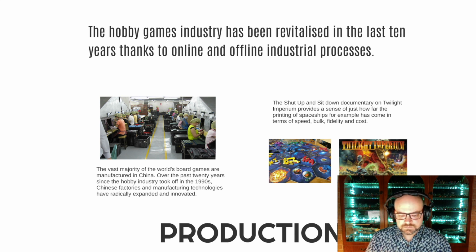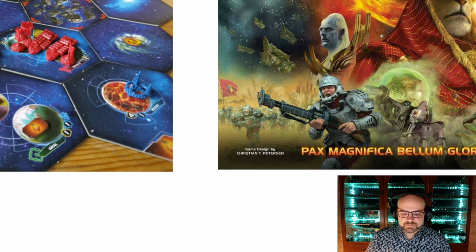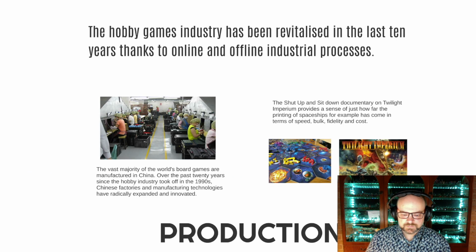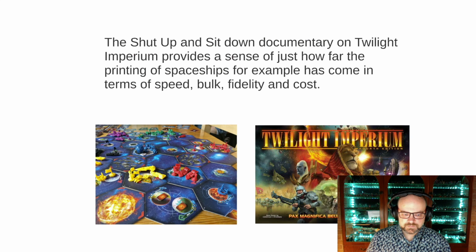There's a maxim about swords, which is if we'd never invented guns, we'd still be making new swords. This is true for almost every kind of ongoing productive effort. The technology for printing and production of components of games imposes a real limitation on what games can even get made. To jump ahead to the next slide, the Shut Up and Sit Down documentary Space Lion about the production of Twilight Imperium 3rd edition makes an explicit point about how one of the elements of their restraint was having to talk to the printer, who could say to them, no, we literally don't have a machine big enough to print a box of that size, so that is your hard limit.